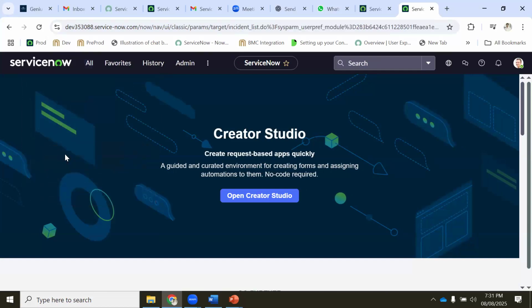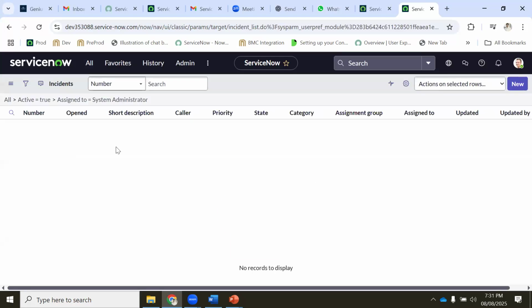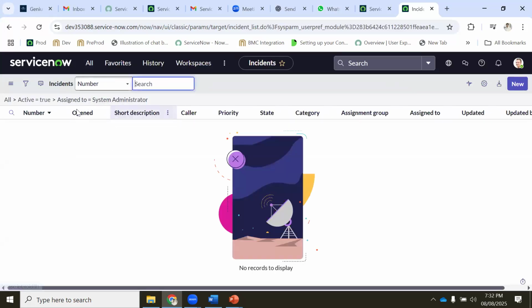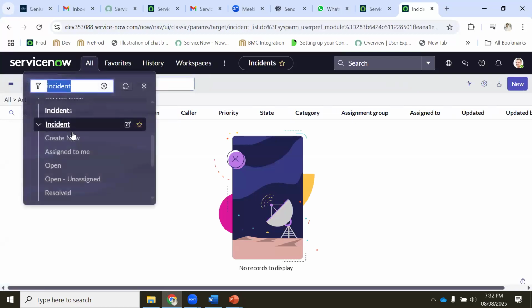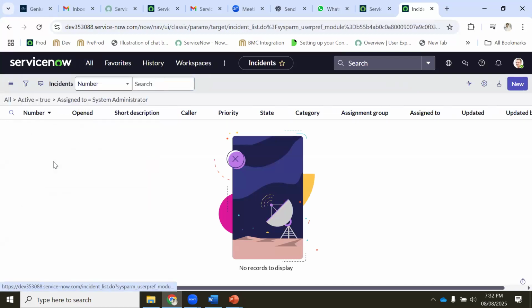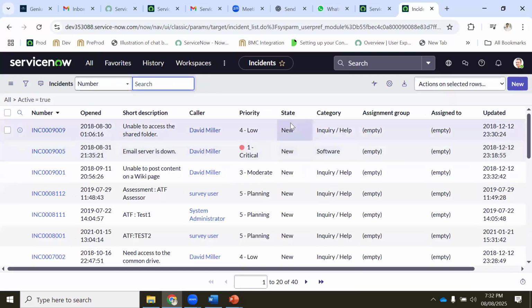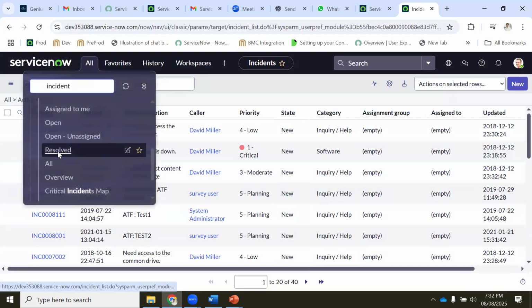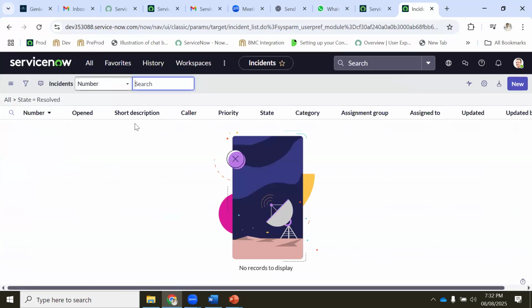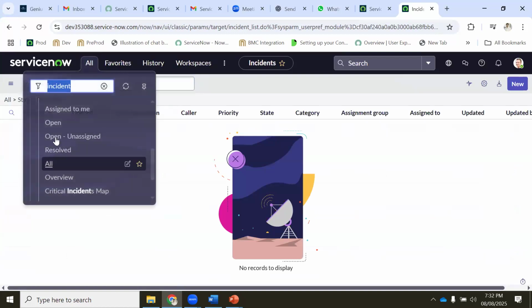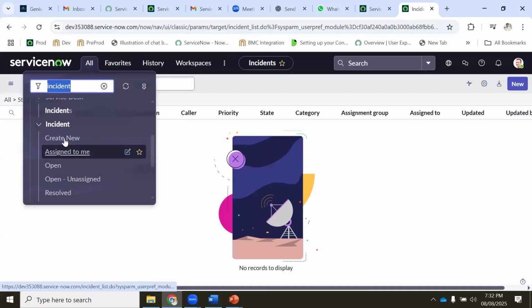If you click this one, it will take you to all incidents assigned to you, because as an administrator, I don't have any incident at present, so I'm not able to see any incident. The same way, if I see all incidents, I can see them here, right? The same way, I want to see all open incidents. These are all open incidents, correct? So these open ones mean new state. We'll discuss one by one. What is this? Okay. So all resolved. There are no resolved tickets. Open is what, unassigned is what, resolved is what. Okay. All those things we will discuss.